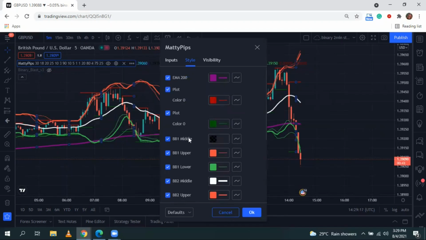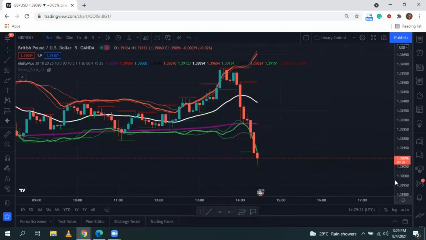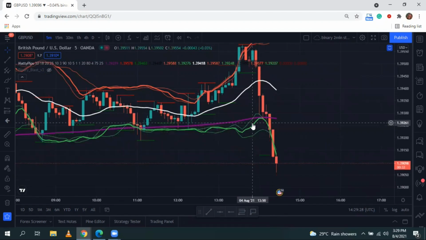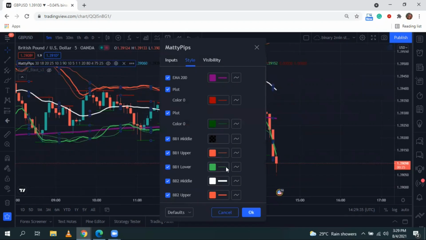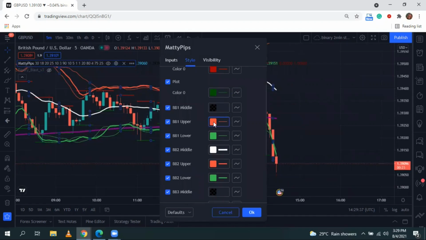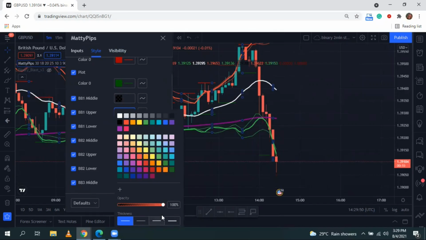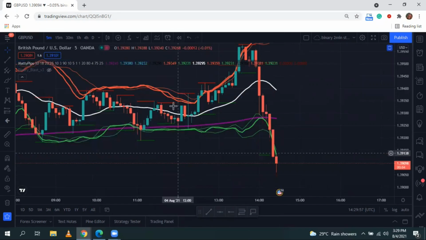So now, the other thing we want to do is our bands on the cash trap have been updated. These lines are not the same. The middle ones are thicker than the upper and lower one. We want all of them to be the same thickness. So we come to the settings again. So the first upper one, we check it. You put the thickness to the third one. That's just what we're doing. The middle one,